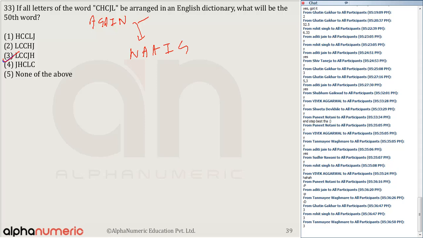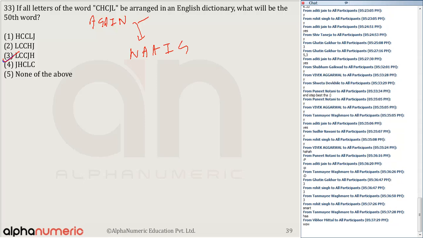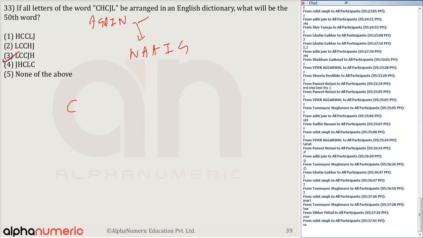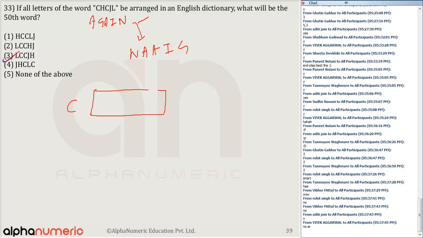अगेन वाला क्वेश्चन याद है सबको? मुझे वही लगा कि चल ये डालू जी तो चेंज कर दिया है ना, अगेन का उन्होंने सीजे। तो शुड आई डिस्कस दिस, प्लीज टेल मी। सबसे पहले सी आएगा, करना चाहो तो सबसे पहले सी आएगा, देन उसके बाद CHJL, तो फैक्टोरियल 4, दैट इज 24 वेज।